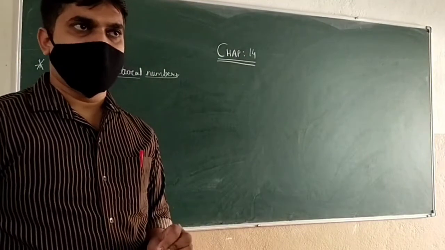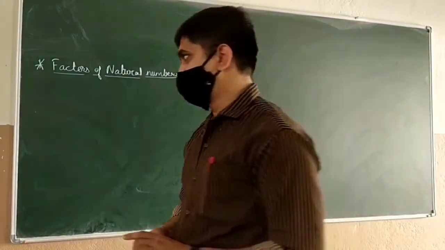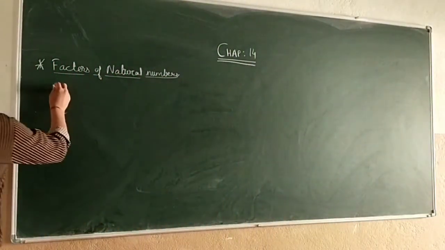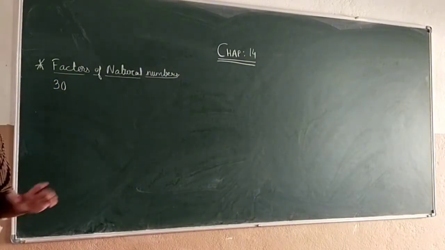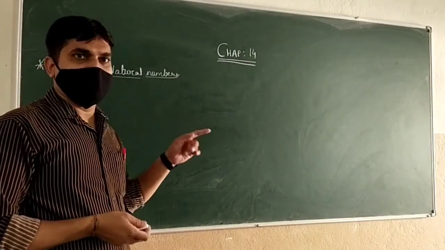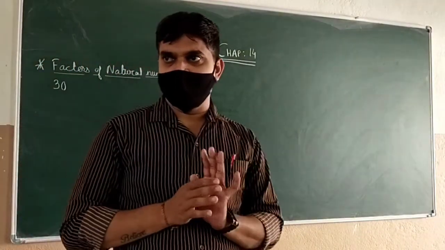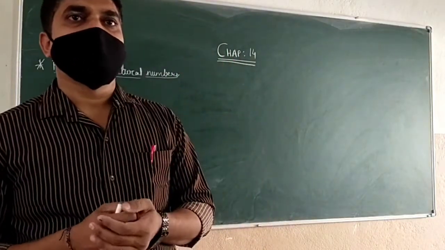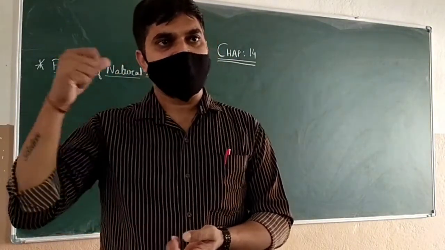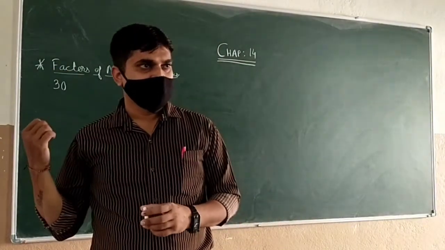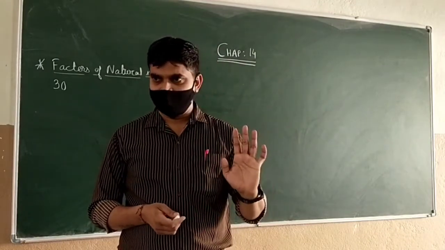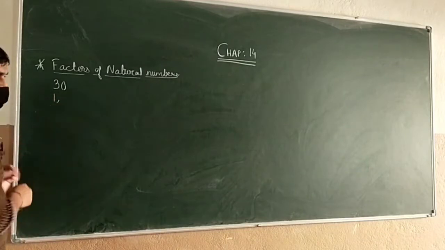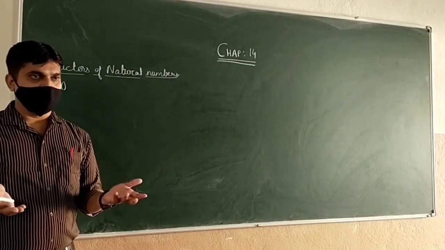What is a factor? How do we find factors of any particular number? Let us say the number 30. What are the factors of 30? Those numbers which divide 30 and leave no remainder are known as factors of 30. That means the tables in which 30 comes will be its factors. 1 will always be there, since 1 is in all tables. 1 is a factor of 30, 1 into 30 is 30, with 0 remainder, right?